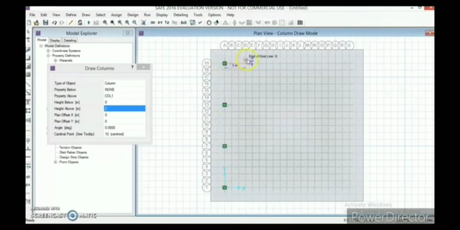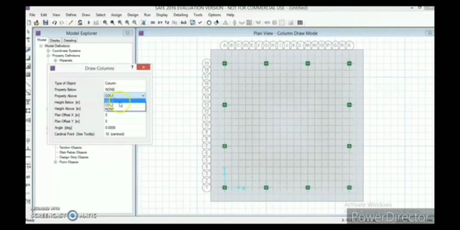It means 500 mm by 500 mm. Yeah, now we got our column 1, and now